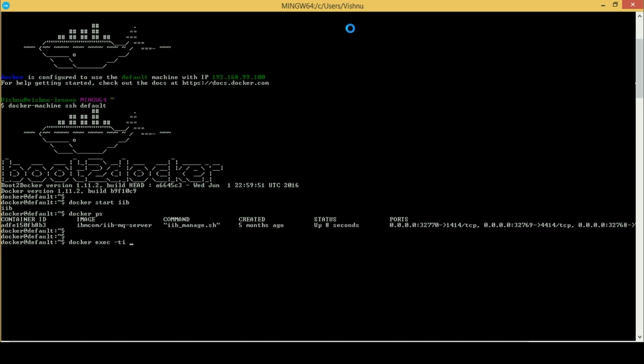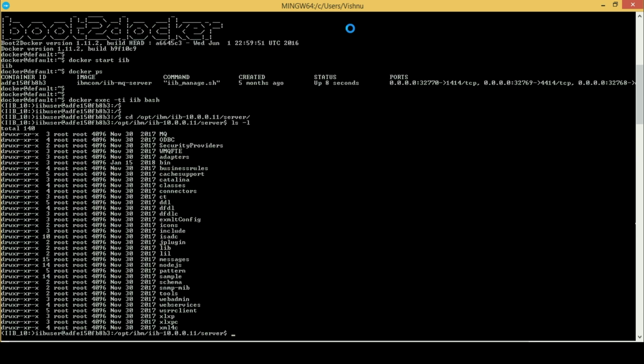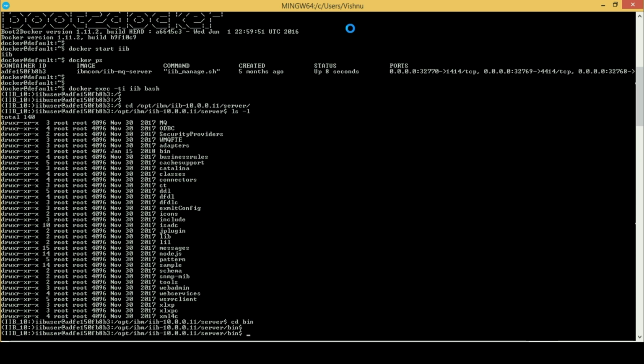To execute MQSI commands, you will need the MQSI profile to be set up first. Now you can run mqsilist and other MQSI commands.